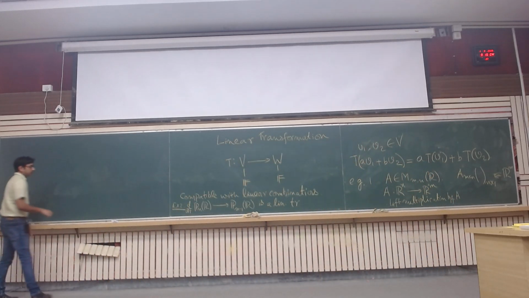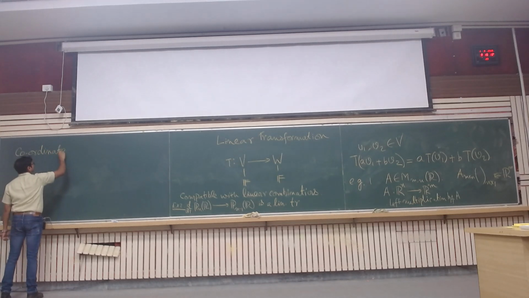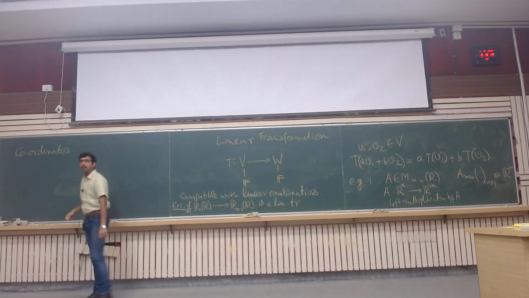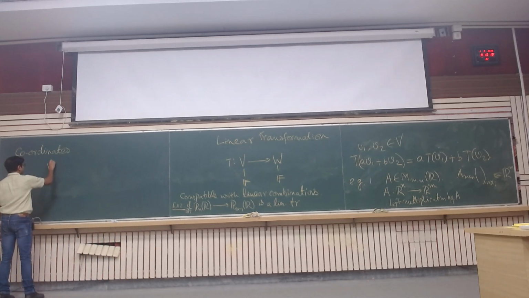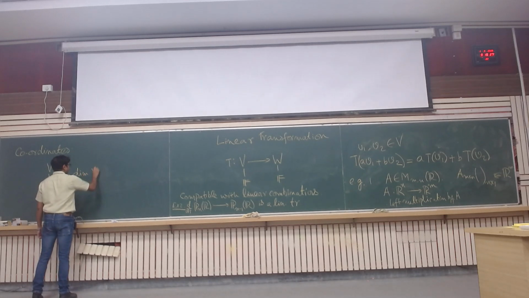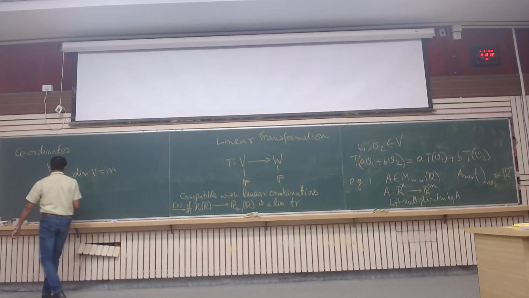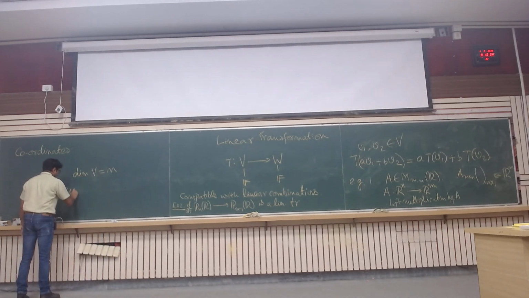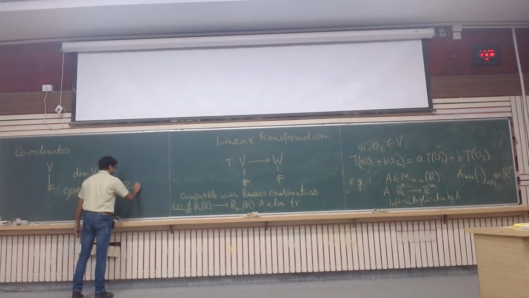So next we define coordinates. I'm not sure whether we have seen this term earlier. Even if we have seen this, let's just recall the notion. So suppose you have a vector space V over some field F, and suppose the dimension of V is equal to n. Then, given a basis B of V,